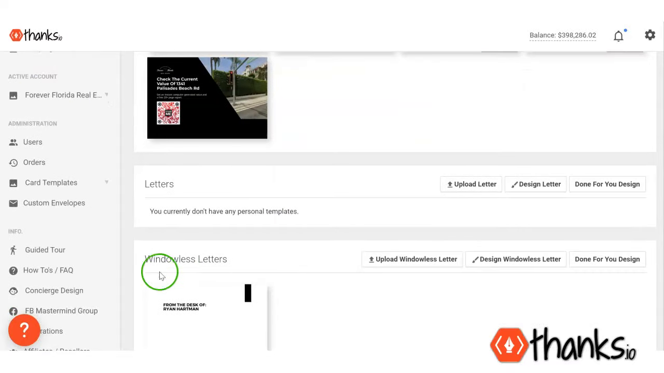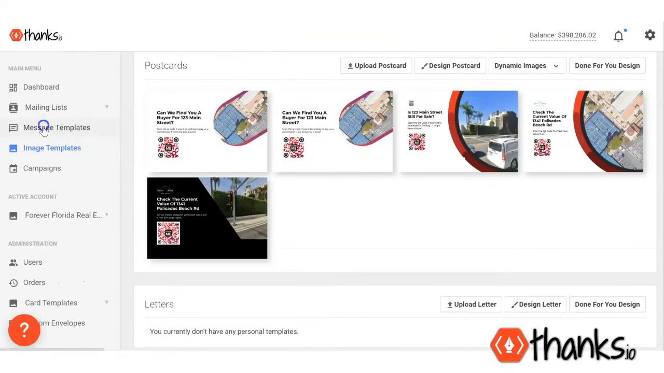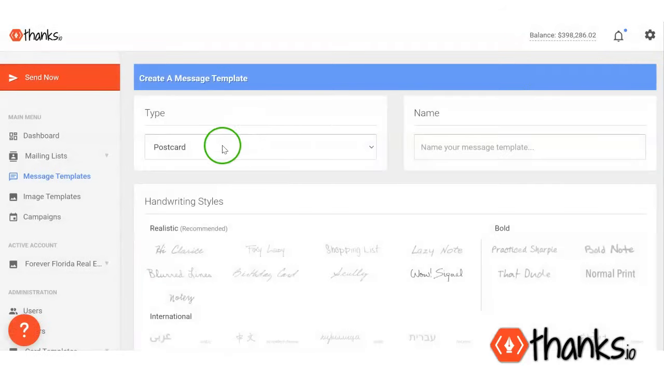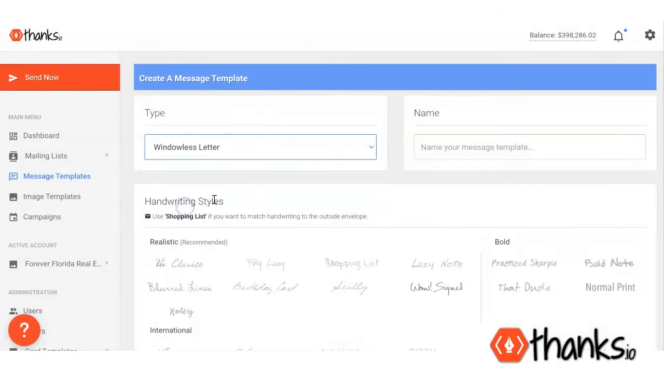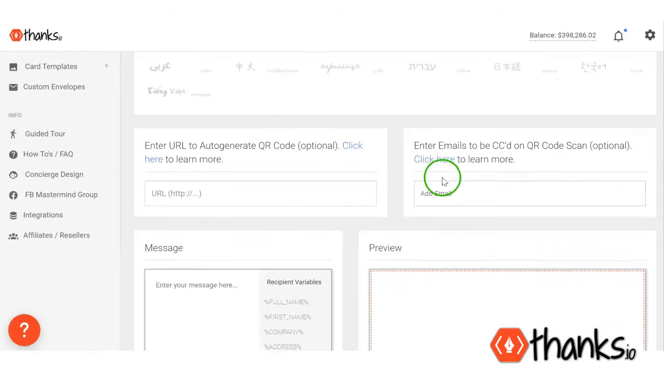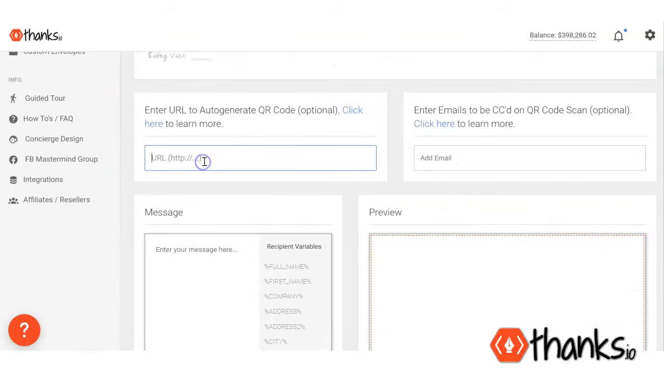So I have the letterhead designed, and next I will do the message for my likely to move people. So I'll click Add Message. Again, I'm going to choose my window list letter option. We'll call this likely to move seller prospecting. I'll go down here. Know that I can put a QR code on the letter. So what I'll do for the QR code is I'm just going to use my real estate website's sell page,